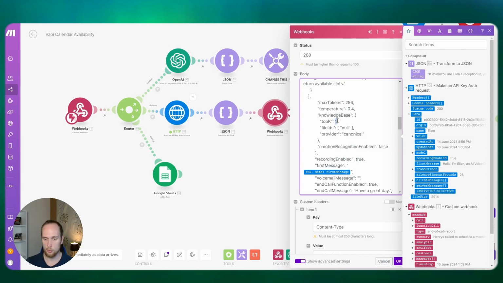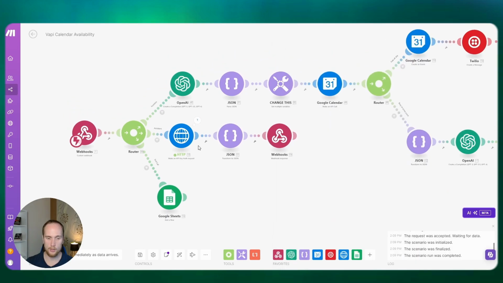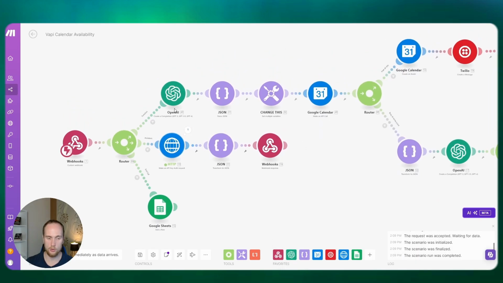This probably changes my prompt usage from like 12k a run to maybe 6, so that's been really helpful. All you would do is put your knowledge base ID in here. At the moment it's just null. This is a bit of extra, so you guys don't need to do that.